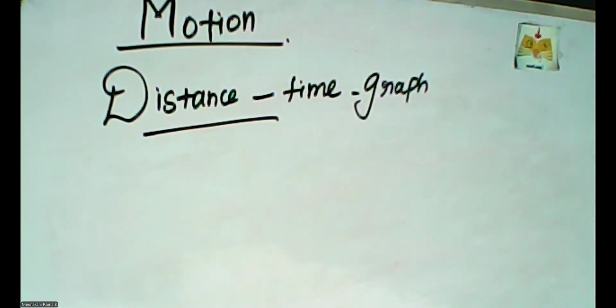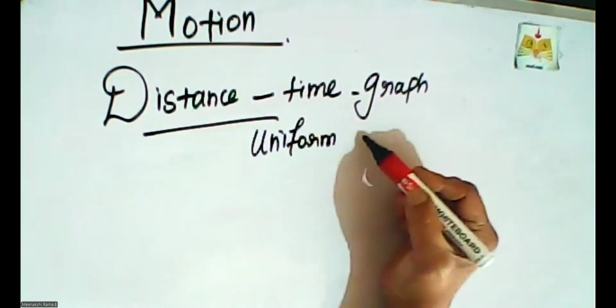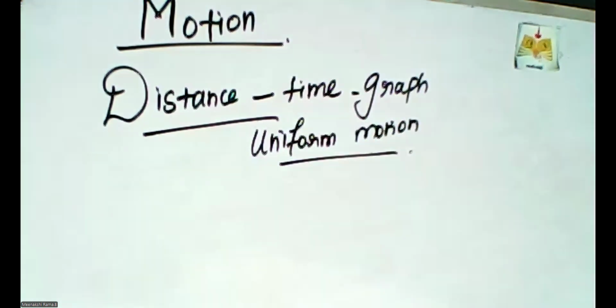Okay, in this session, now I'm going to teach the explanation about the graphical representation of motion. First one is the distance time graph for uniform motion. In uniform motion, how will the distance time graph be obtained? Okay, for example,